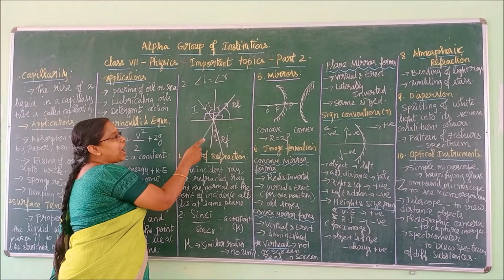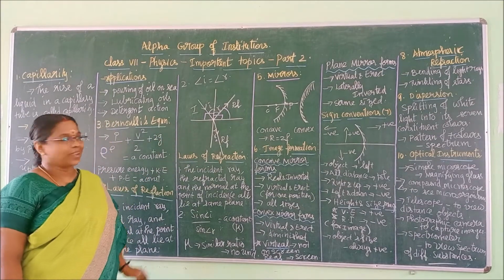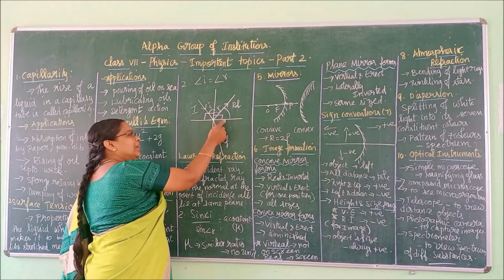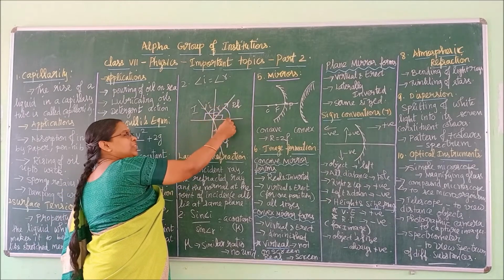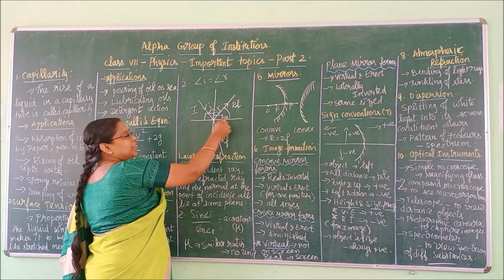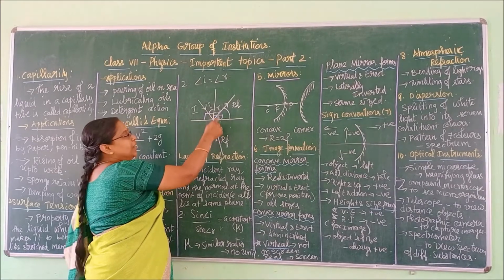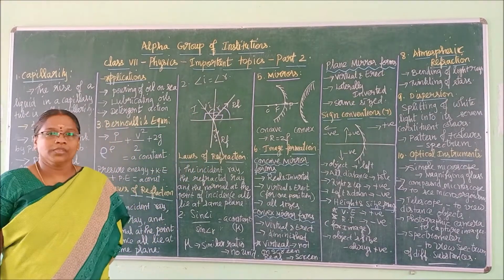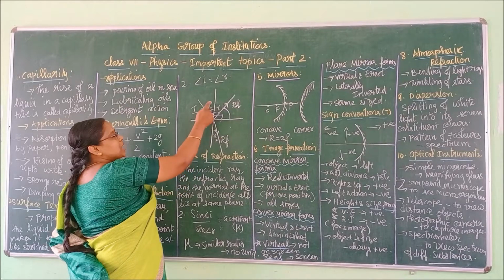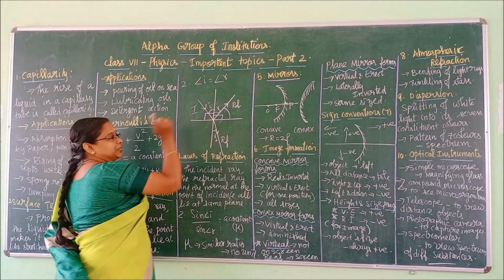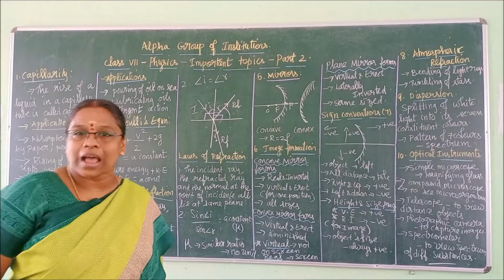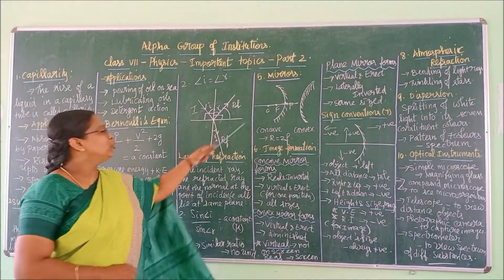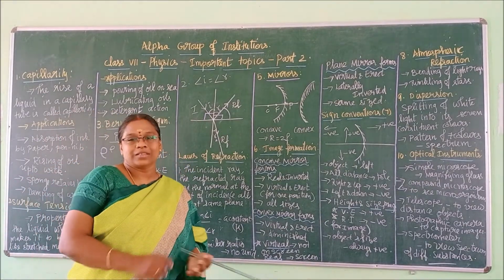This angle is R1, that is the angle of reflection. So what about this angle alone? From this entire angle, if you subtract this, you can get this, no? So 90 degrees minus R1 will give you this angle. And 90 degrees minus I gives you this angle. All this we have discussed in the class itself and we have taken notes also, so you have to remember that point. Questions can be asked like this.